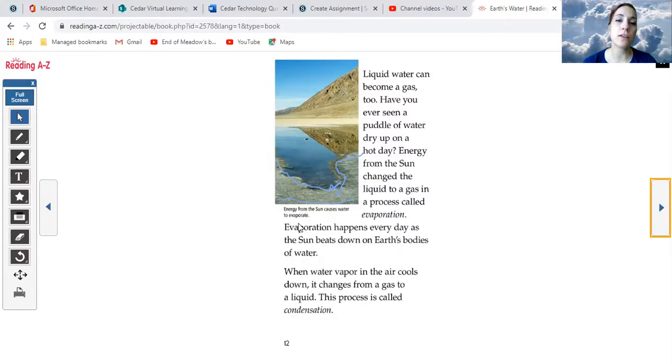So energy from the sun causes water to evaporate. Down here, this blue line shows where the water started. This blue line shows us where the water has evaporated. So the water was here, but it evaporated and turned into a water vapor that is going to be condensed to form